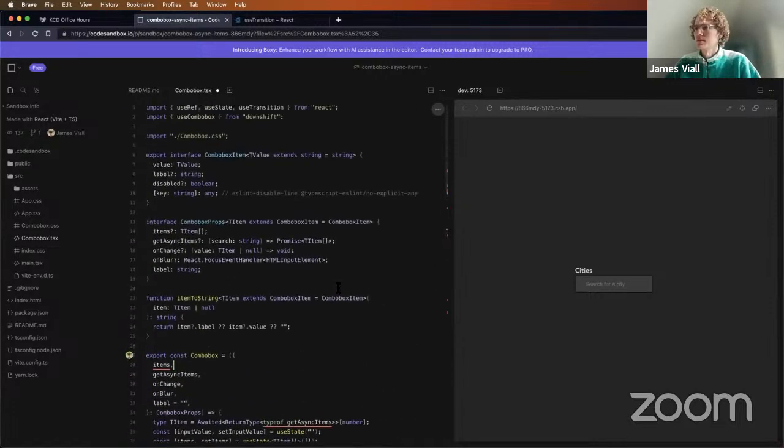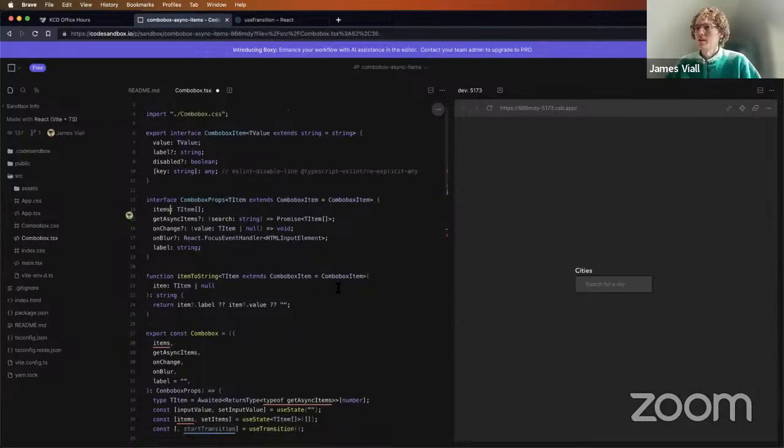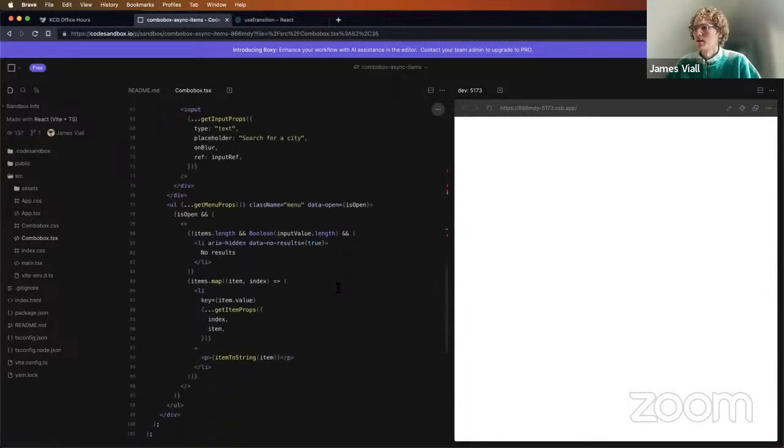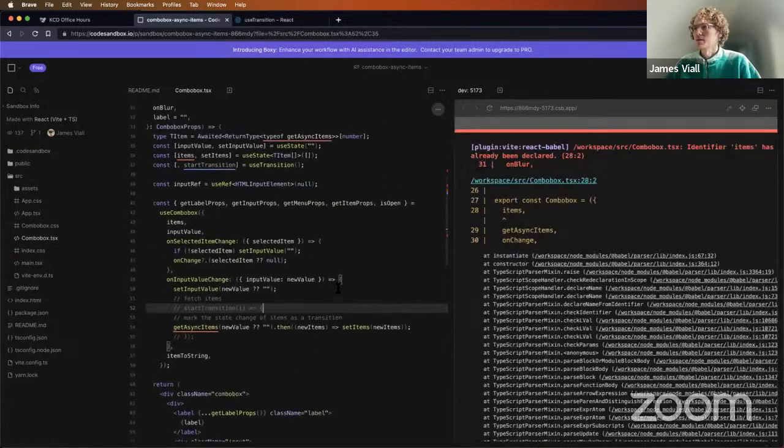So let's see, and I'll just make items required, and in my app I'll pass